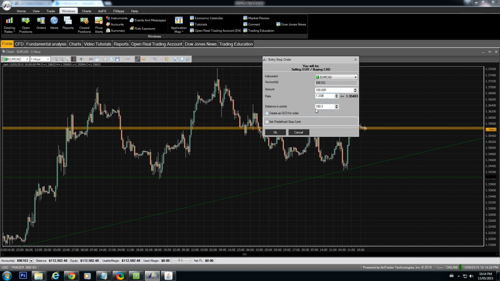So that tells us 180.3 pips away is where our target is. So it's not likely that's going to break in the next few days. It could. I mean, this is just an hourly chart. It does move, so we'll see how it goes. Hopefully everybody saw this. I'm going to click